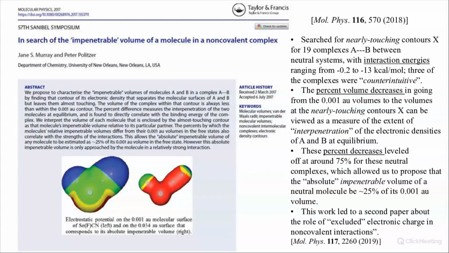It was very interesting that the volumes of these interacting parts leveled off at about 75% of the 0.001 contour. Peter was saying this is like how you can get an impenetrable volume, which would be about 25% of the 0.001 au contour. Anyway, we had another paper